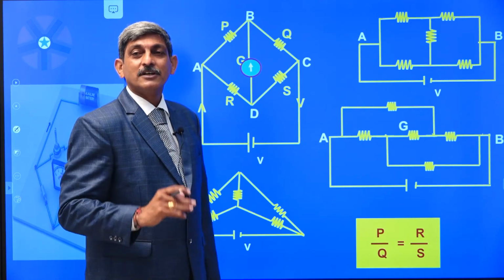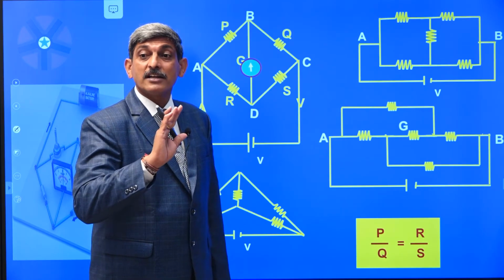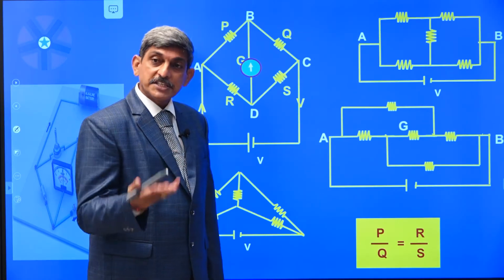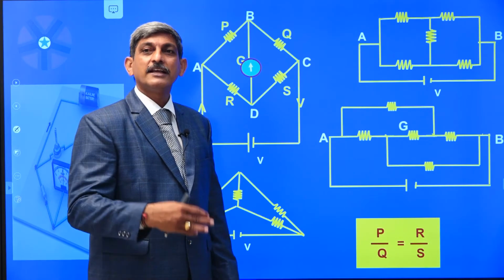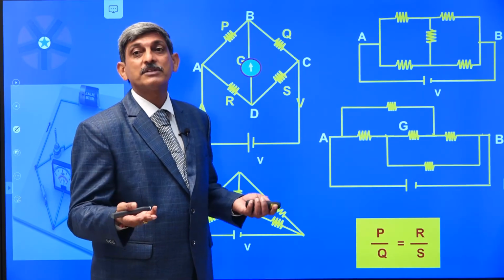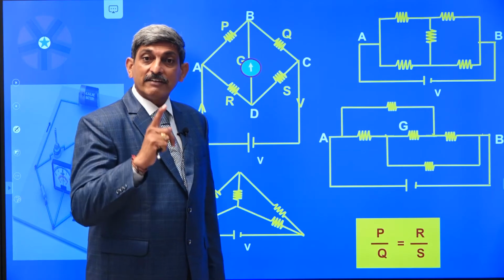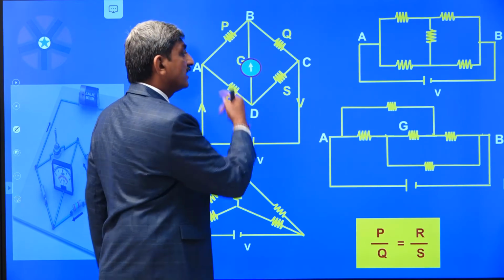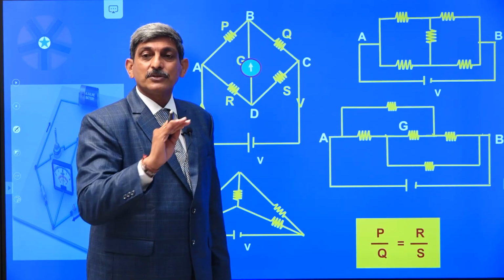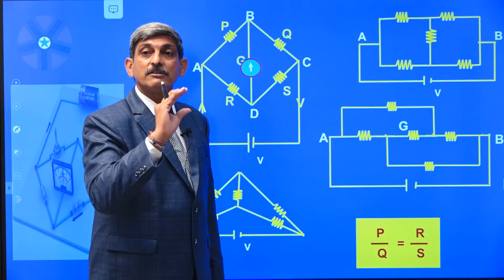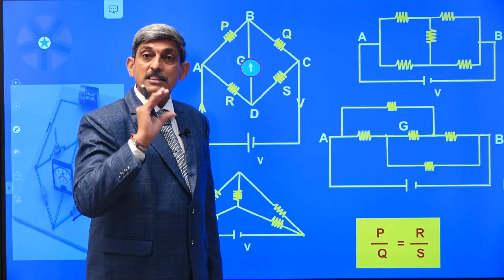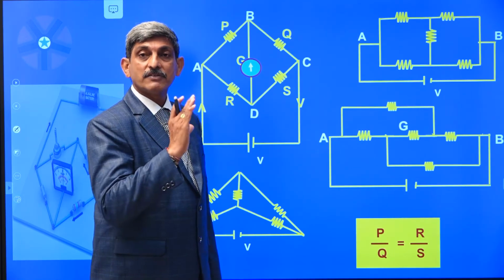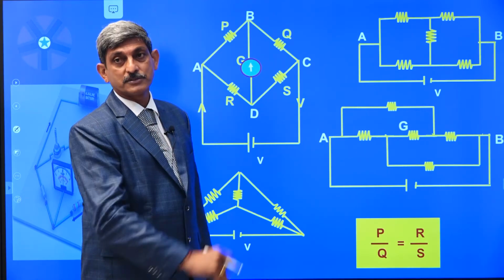But remember, sometimes 4 junctions and 5 resistors may not always form the Wheatstone bridge. To confuse you, 5 resistors may be given, 4 junctions may be given, a battery may be given, but that may not form the Wheatstone bridge. That's why whenever the network is given in the form of other shapes than this, let us redraw the circuit by observing element by element. If all those elements form exactly the shape of the Wheatstone bridge, then only apply the balancing condition of the Wheatstone bridge for solving the problems.